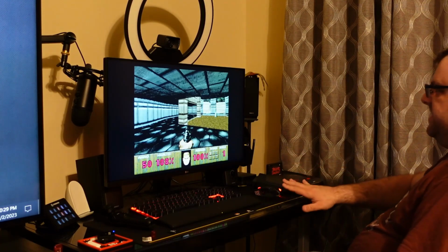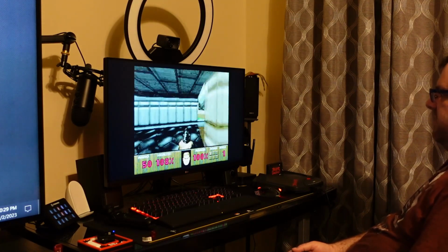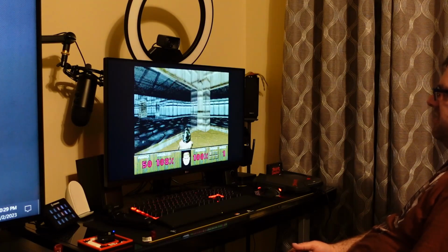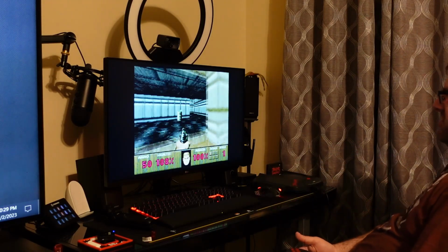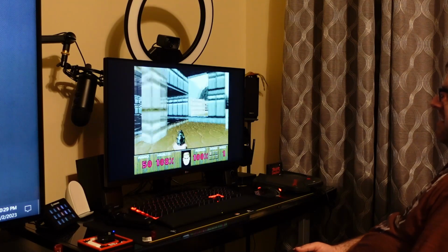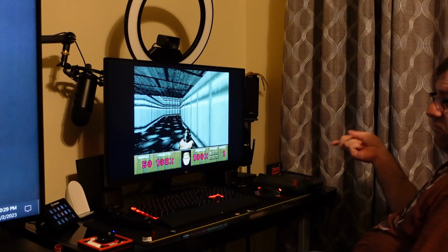So as you can see, it's working fine. Nothing wrong here. And in terms of latency, I don't really notice any. So I can press forward and Doom Guy just moves right away. So I don't think there's any noticeable input lag by going through the Jag to HD, which is really, really